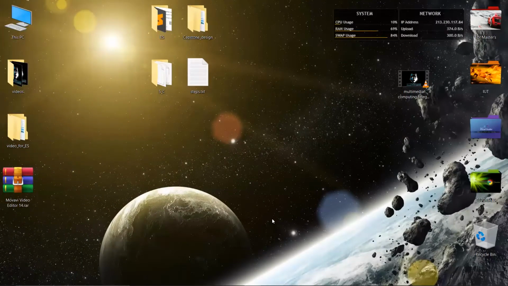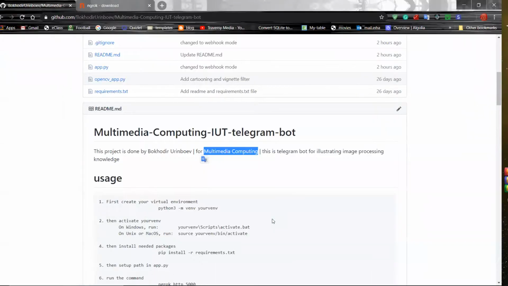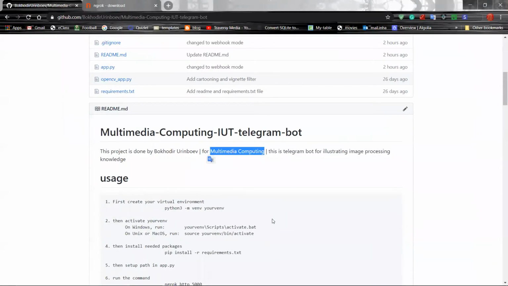So, hello guys, today I'm going to introduce you my new Telegram bot. This bot is done using Flask and Telebot wrapper, and I also used the OpenCV library for image processing. Actually, this bot is for my university project for multimedia computing subject,